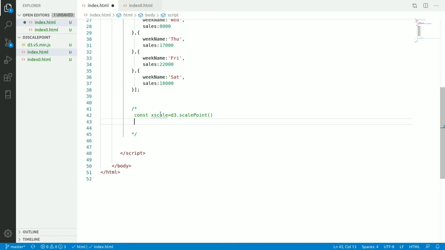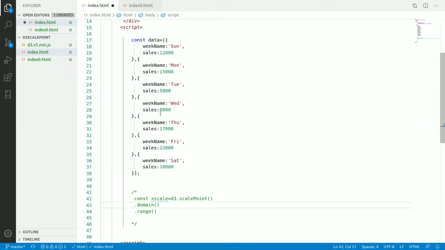Now this scale point takes the domain as input and the range as input. What is domain? We have seen in the last video that domain is the original value that you want to convert into the specific output, that is the range. So domain is your input value and that input value you want to convert into the range.